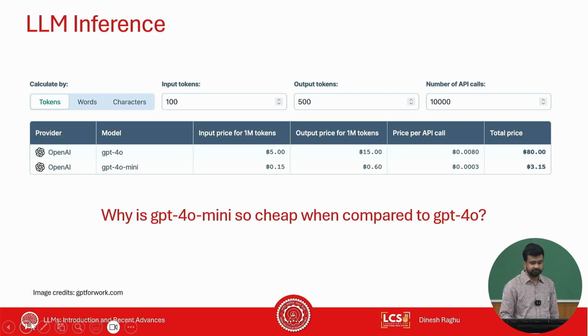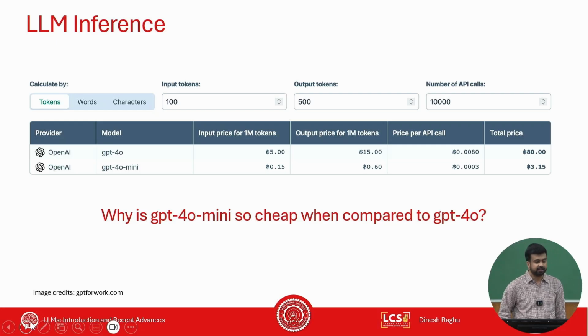So here, if you see, for the same setting, for GPT-4o, you end up spending $80, but for GPT-4o mini, you only spend $3, right? You guys just saw the performance drop you get for GPT-4o mini. It's not that bad, right? So if you're able to get this much reduction in cost for a slight drop in accuracy, I think a lot of people would go for it, right? Because it makes so much commercial sense to do things like this rather than go for high accuracy.